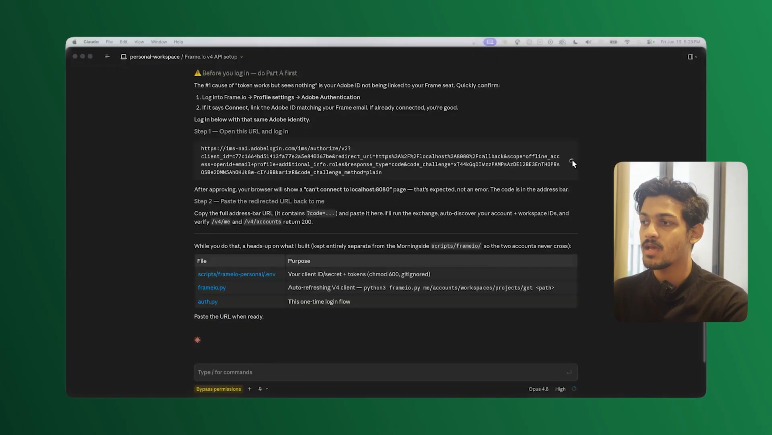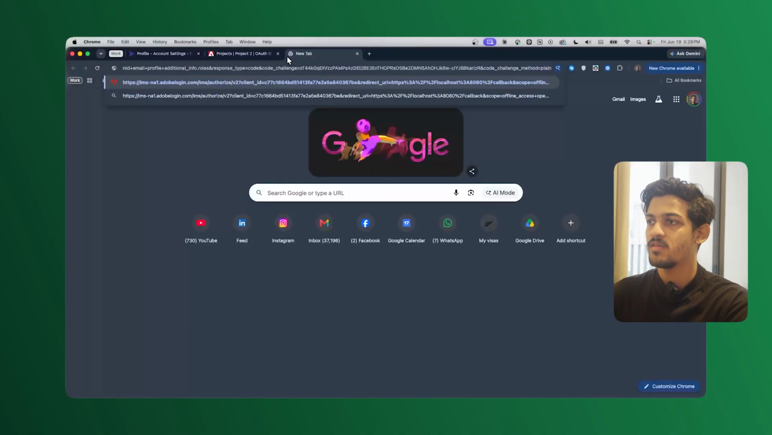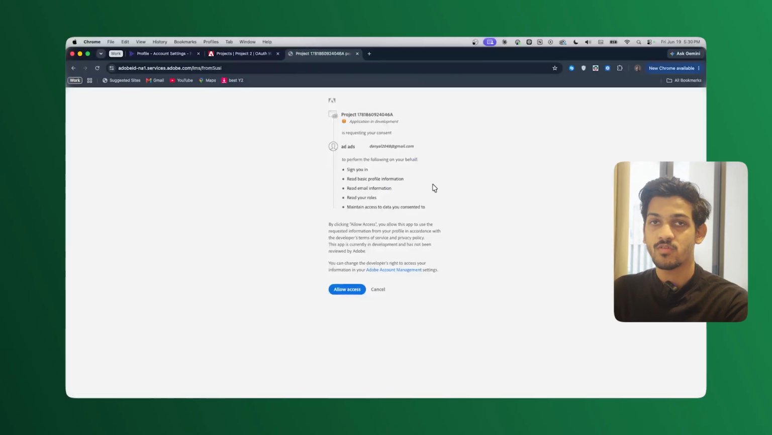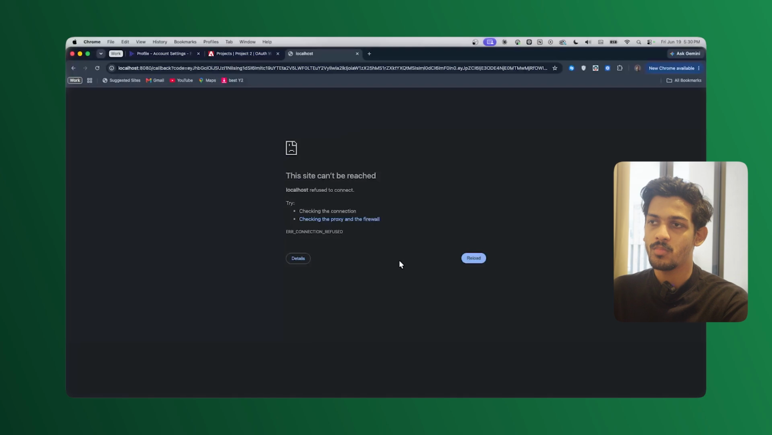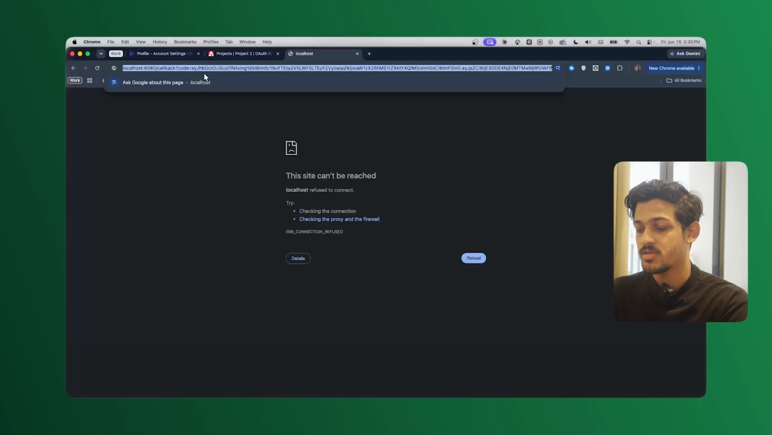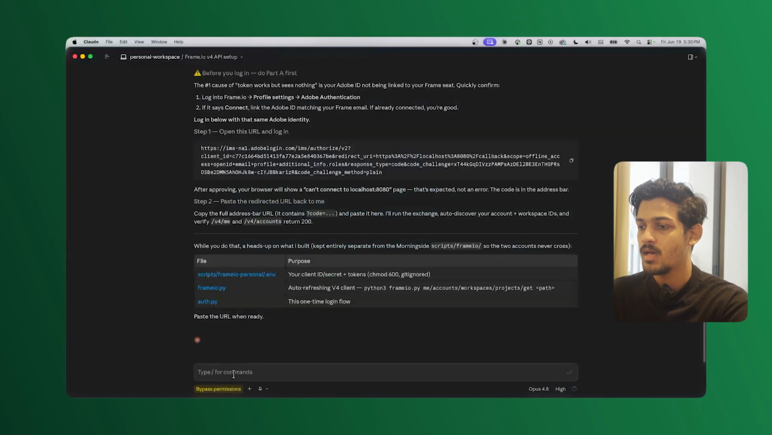Now it has given me a link to paste into my browser and approve the login. We're almost done, trust me. So I'm just gonna copy this here and go back into my browser and paste it here. I'm just gonna sign in again using that own account. And I'm gonna allow access. And now it says this site cannot be reached. That's completely fine. We just need this code from our URL. So I'm just gonna copy this new URL that I just generated and paste it